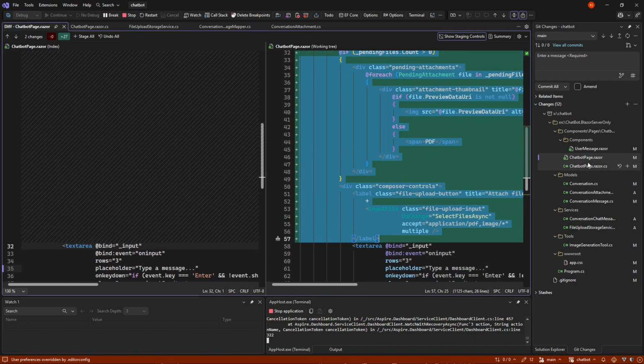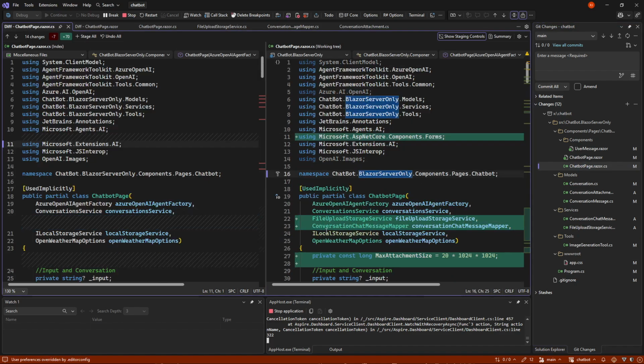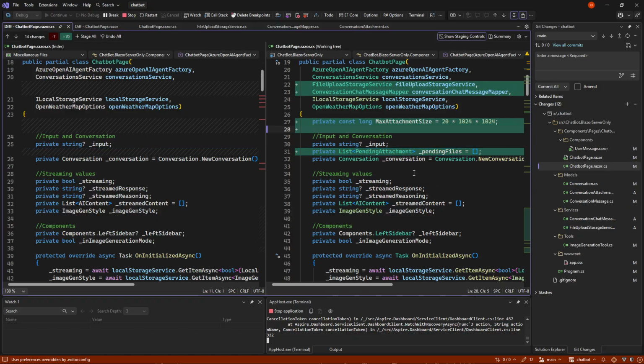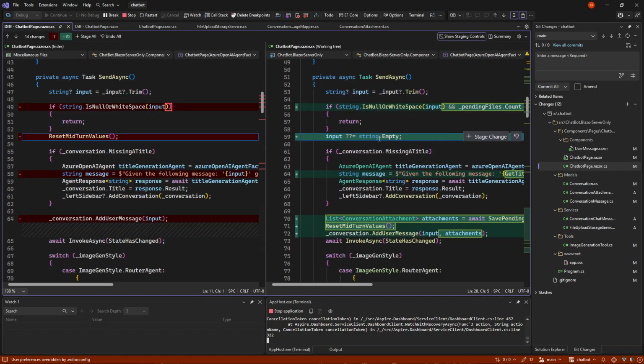So when we do that and we send the message, of course we need various things for uploading the storage and changing it into the new mapper. There's a little thing about how big the files can be at maximum, and pending files should of course be there while we choose one or more files. We then check if we just send a file, not just input. So now it can't go that we not even send a file or a message, but we can actually just send a file and it will begin to interpret from that.